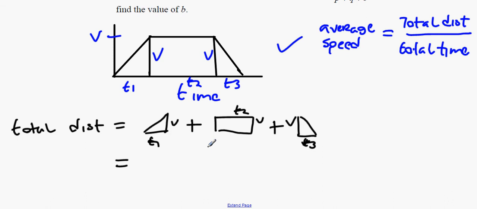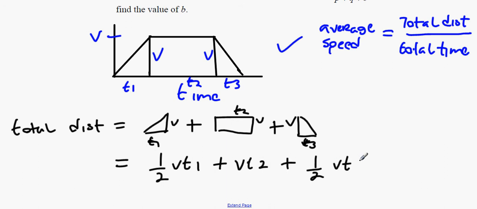We should get a half vt1 plus vt2 plus a half vt3. Okay, now